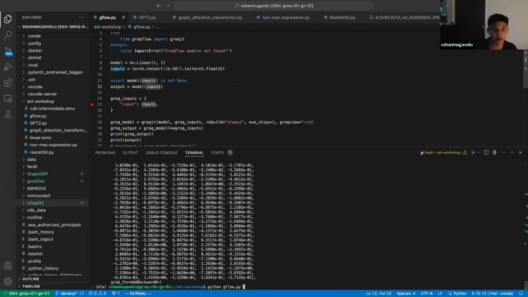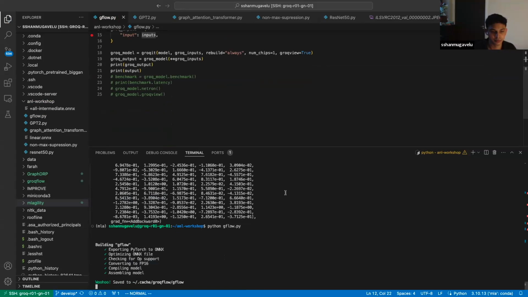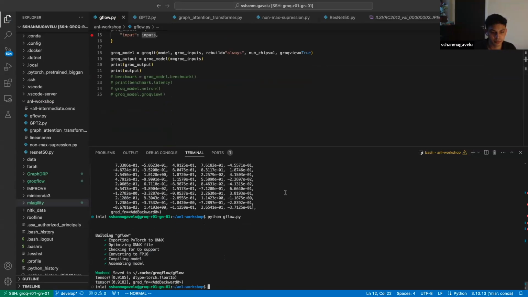Let's see what that does. Oh, interesting. Well, we get different results. You can see that on the Groq chip, we get 0.9185,